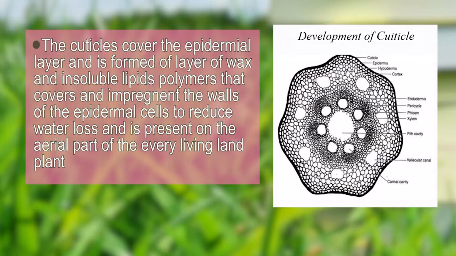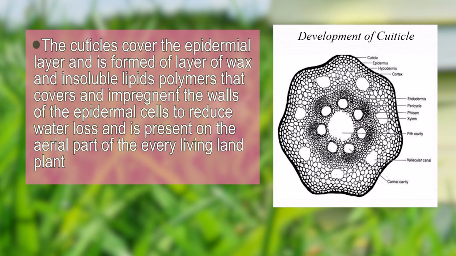Coming to the second thing, the plant needed to be protected against desiccation. In the aquatic environment, ample water was present, so there was no need of any mechanism to control water loss from the plant body. But as they evolved onto the land, these structures became necessary. The first thing that was formed was a cuticle.